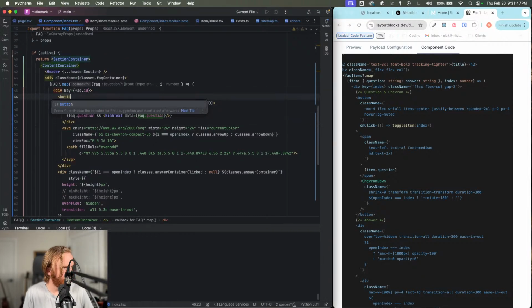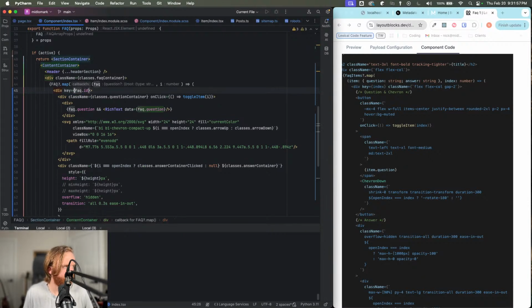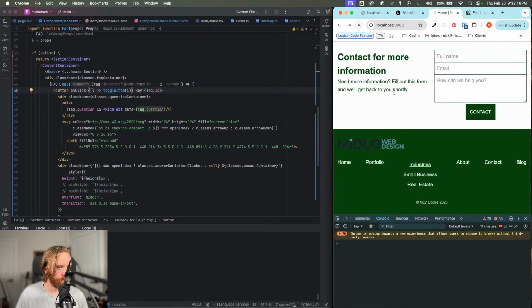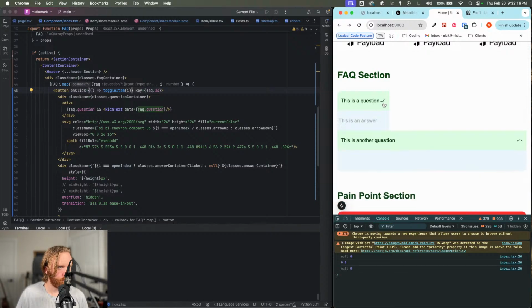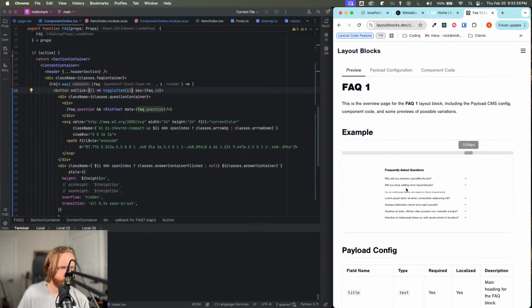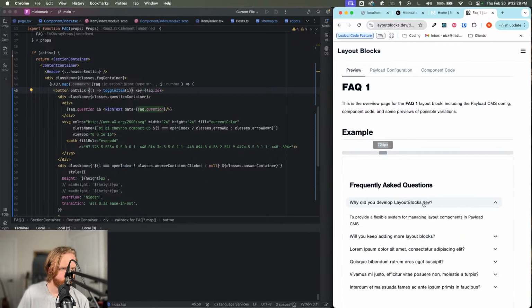We can add a button. Oh, all of it's a button. So we'll change this div. This div will instead be a button. And then we'll do on click there. Okay. Yeah, but see, I see how this is working, and it's working perfectly. I don't like how it's like popping out, but